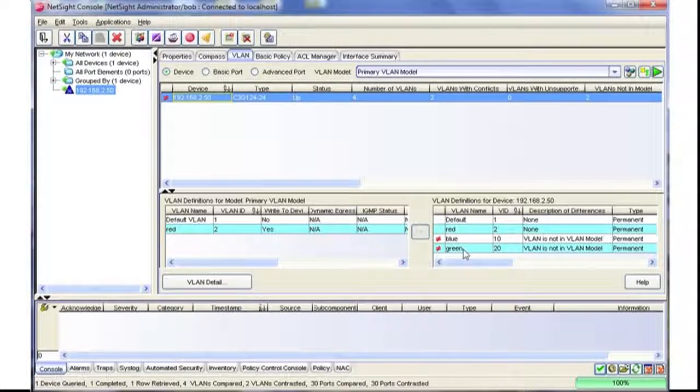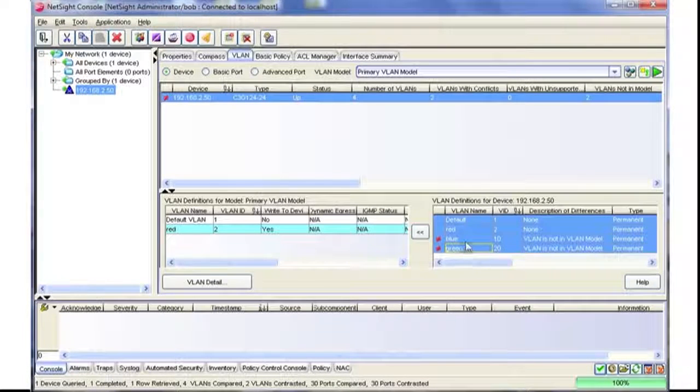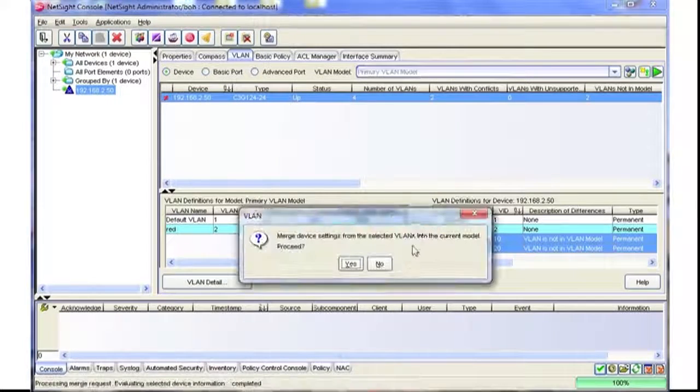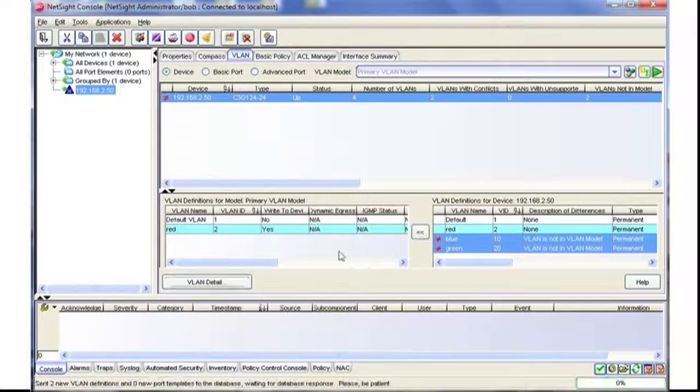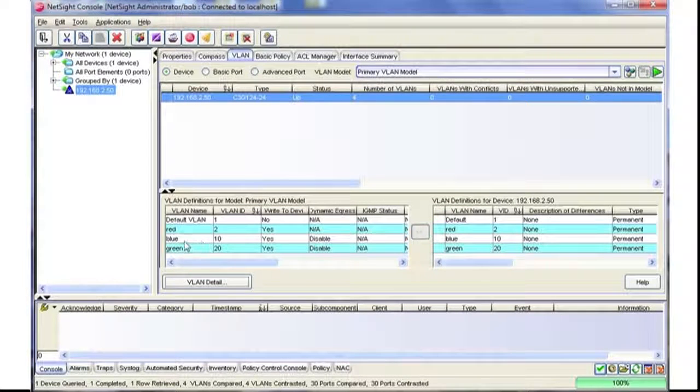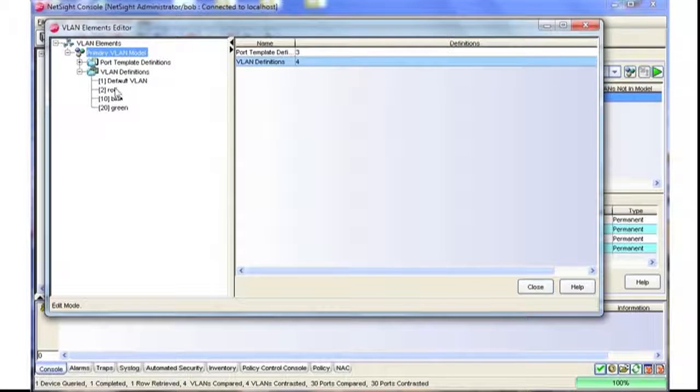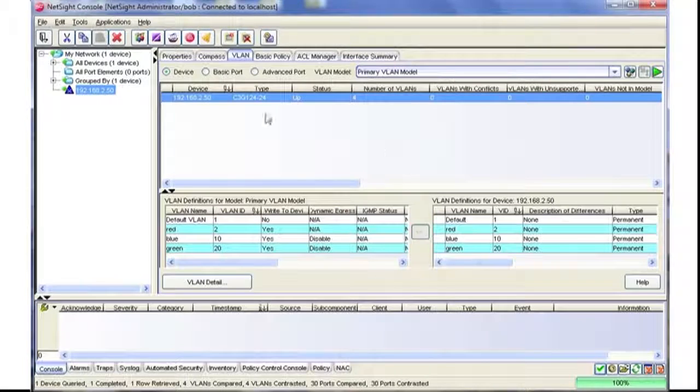If I want to import that information, I would just highlight what I want to import. In this case, we'll just select the blue and the green, and then we'll click this merge button in between. Now those VLANs are actually within the VLAN model itself. So if we go back in, we can see that those are listed there. Now that we have no unequal signs within this screen, we know that the VLAN model within NetSite and the